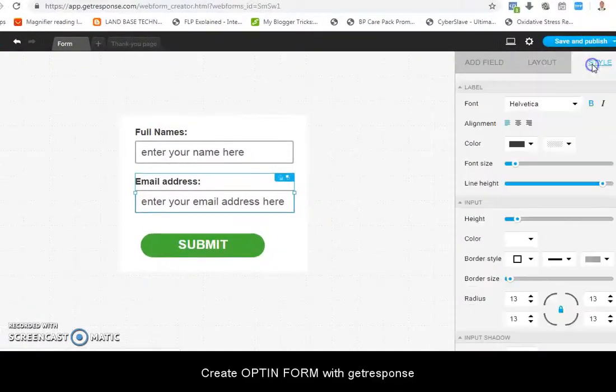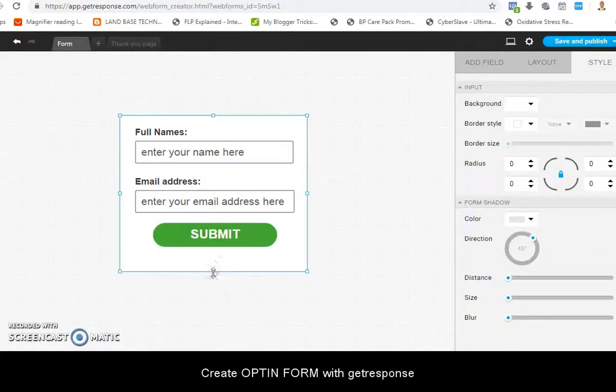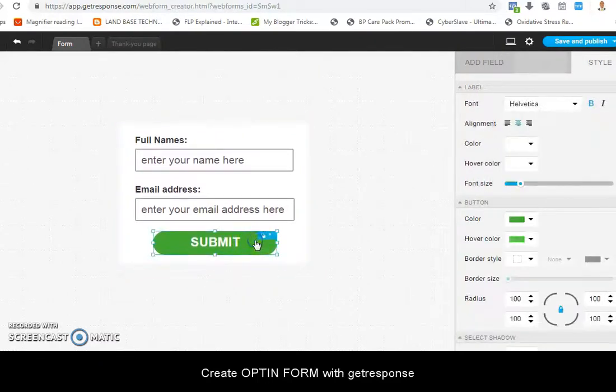And then the style. Click on style. So the style now, you can decide. I think the style you can leave this one. So come to this one, the button, drag it again to be closer, then close the gap again. So now the button, you can double click to change whatever you want to use as your button title.